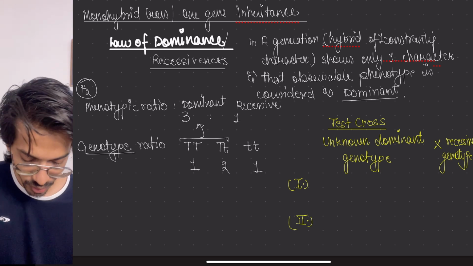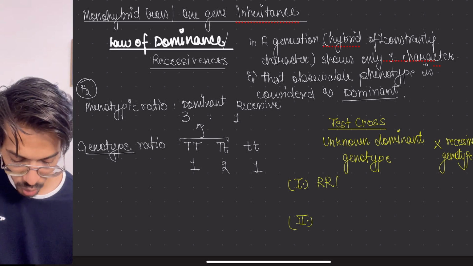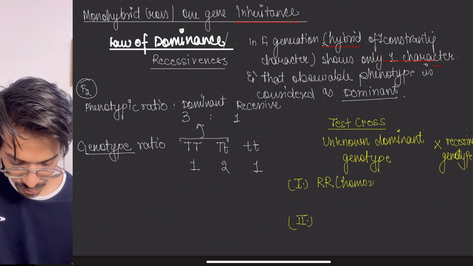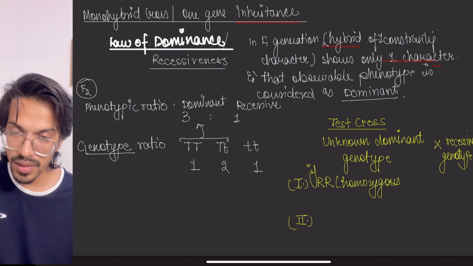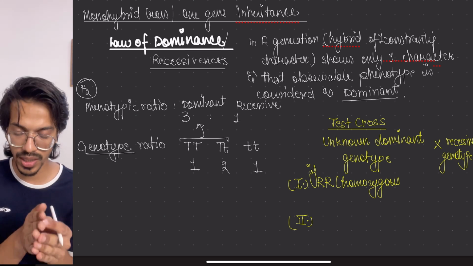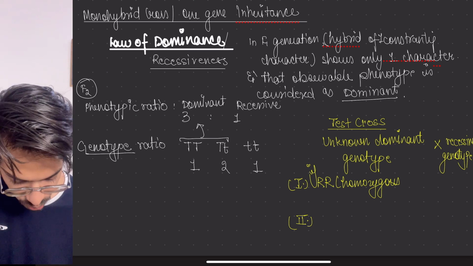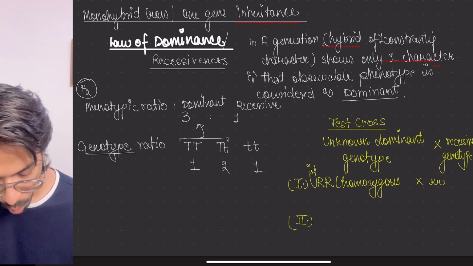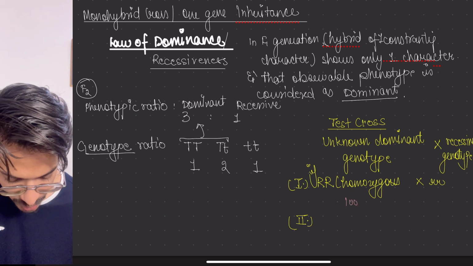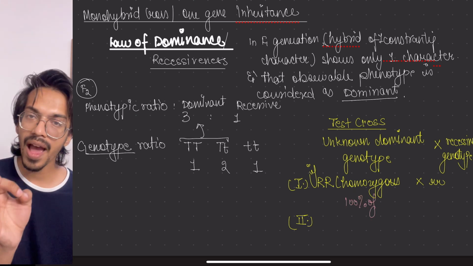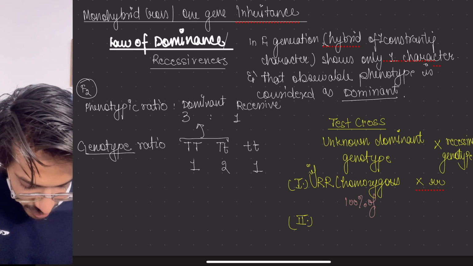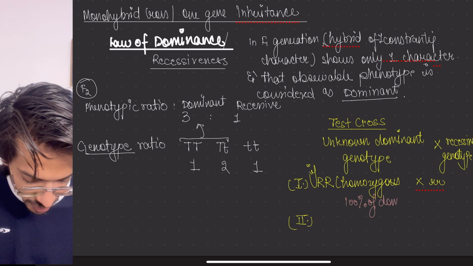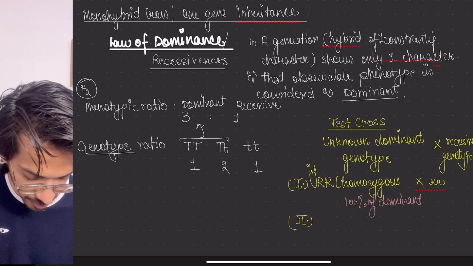If the dominant one is the homozygous case, then in the progeny which will come, when they make a cross with the recessive type, all of them, meaning 100% of them, will have a dominant feature. Okay, 100% will have a dominant phenotype